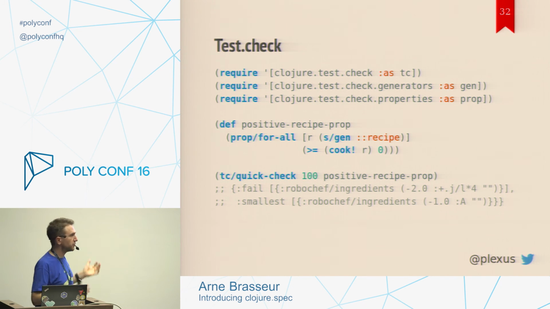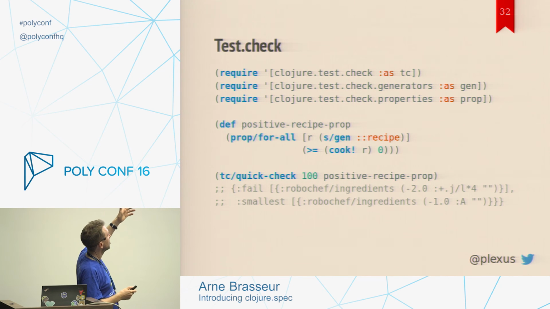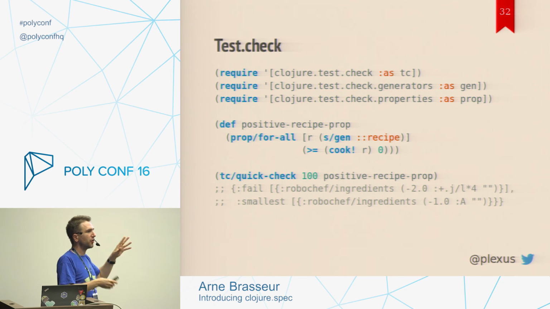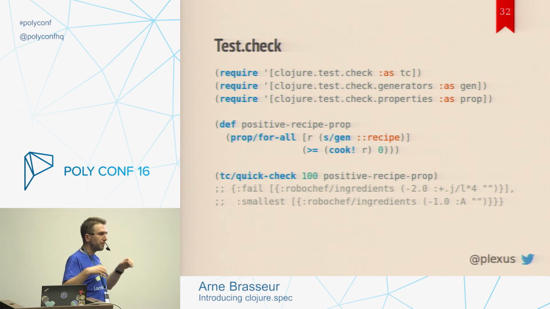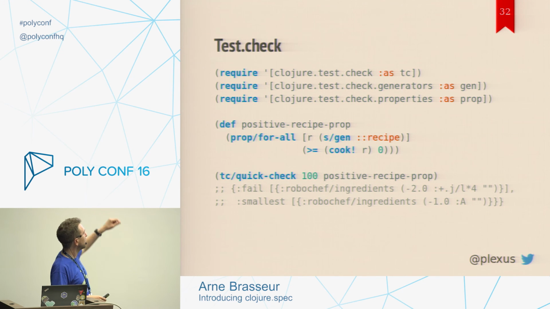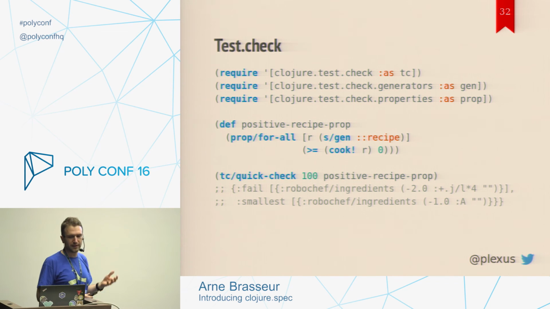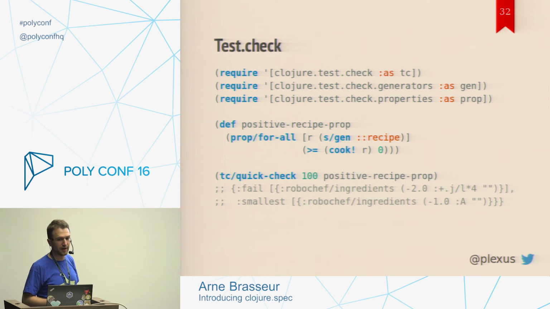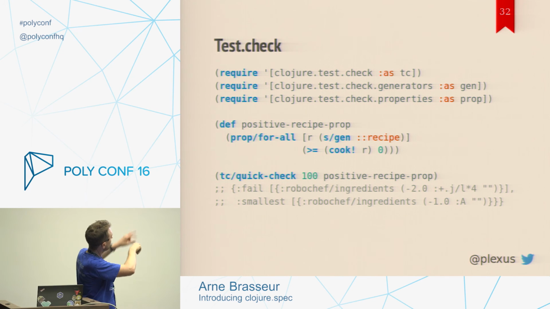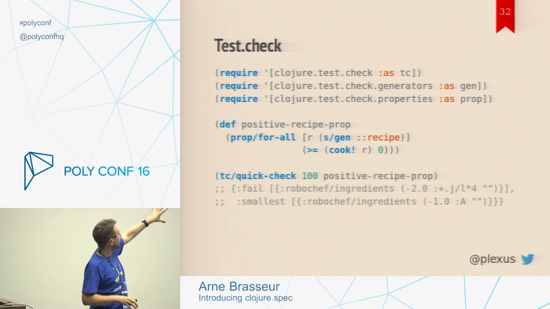So here, again, I'm just making up an example. I'm creating a generator here for recipes, and I'm saying that for any recipe, according to the specification that you can generate, if you pass that recipe to cook, the result should be positive. And now when I say quick check 100, it's going to generate 100 random recipes until it finds one that violates this invariant. It not only does that, so I see here it found a recipe that caused this to fail,